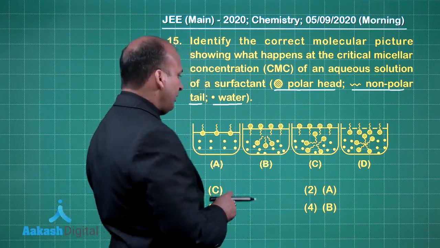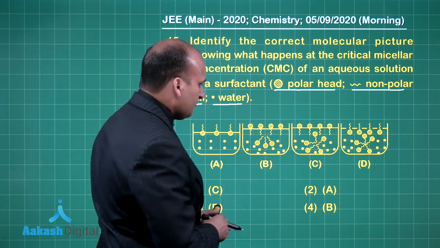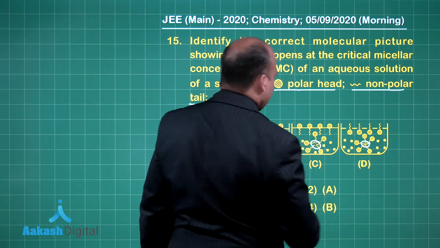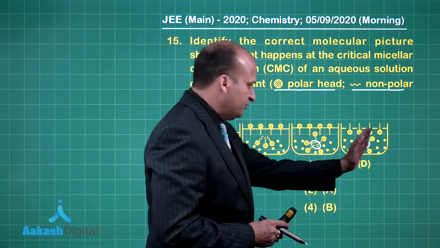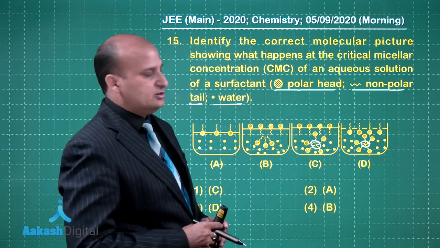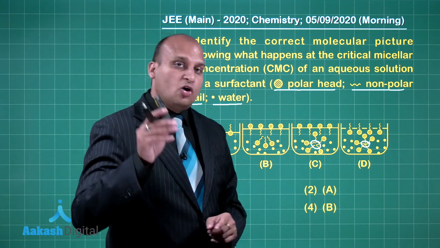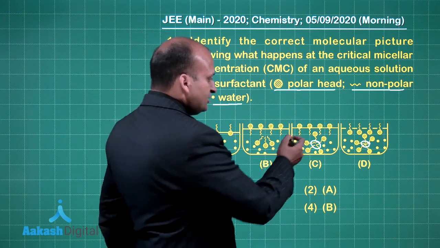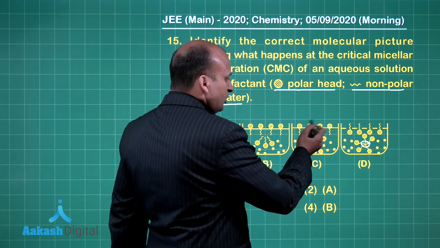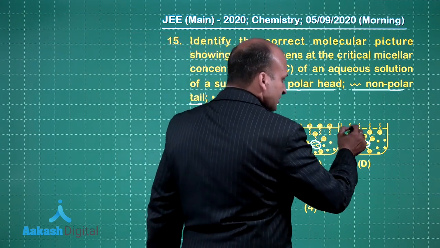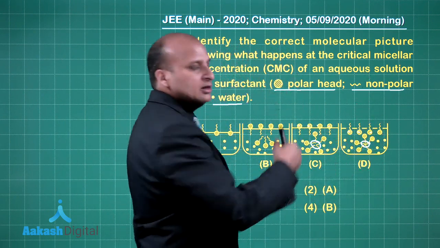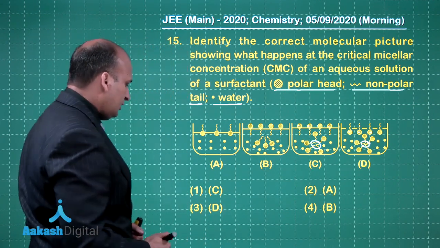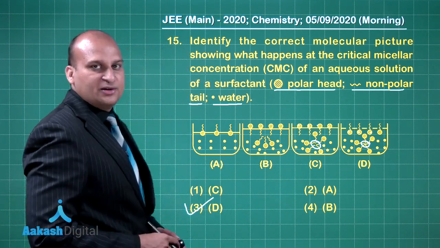So here I am getting two such cases. See, this can be considered as a dust particle, this can be considered as a dust particle, fine. But what is the difference between these two? A very basic difference. See, the polar head will always be towards water, it will never ever be away from the water, but in this case if you see, the polar heads are shown away from the water, whereas in this case the polar heads are towards the water molecule. So the figure over here is D, which means the right answer is choice number 3. Okay.